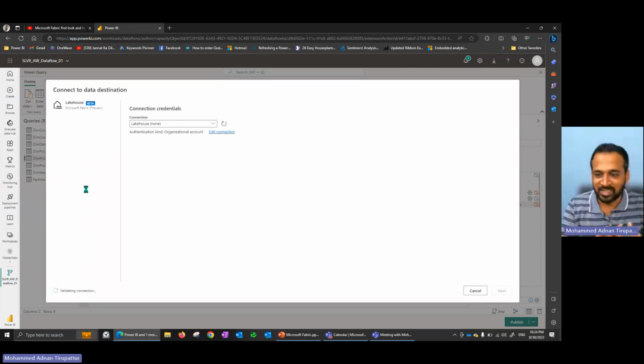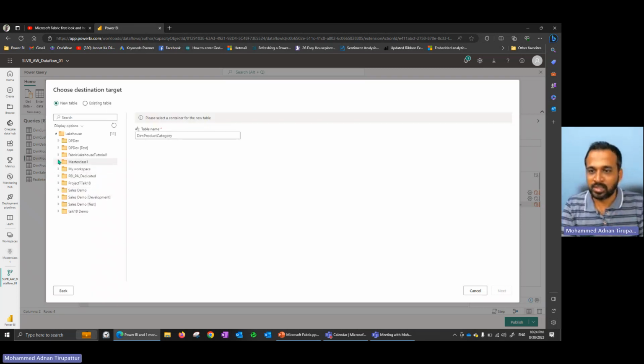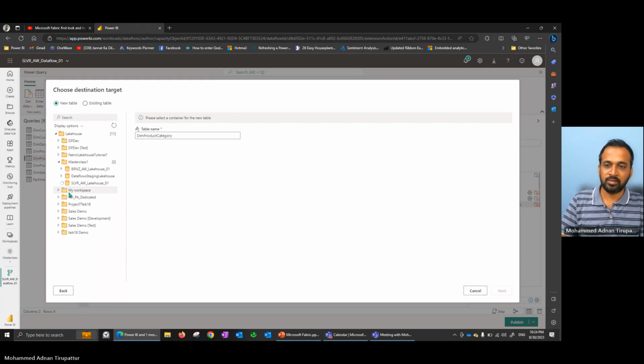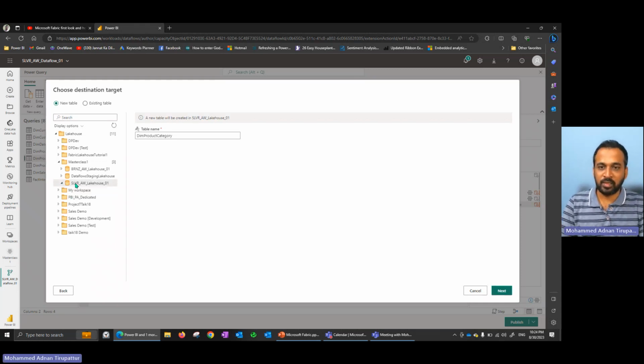Now this is taking time at the validation connection itself. Okay, so masterclass 1, and expand this silver so that it can load the available tables initially, and then select this database